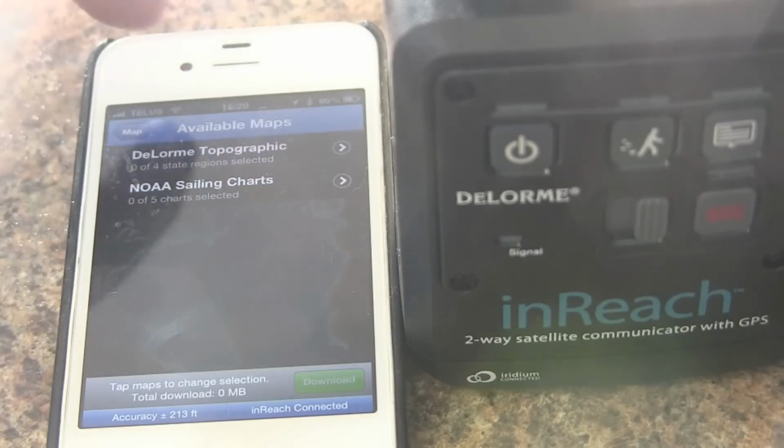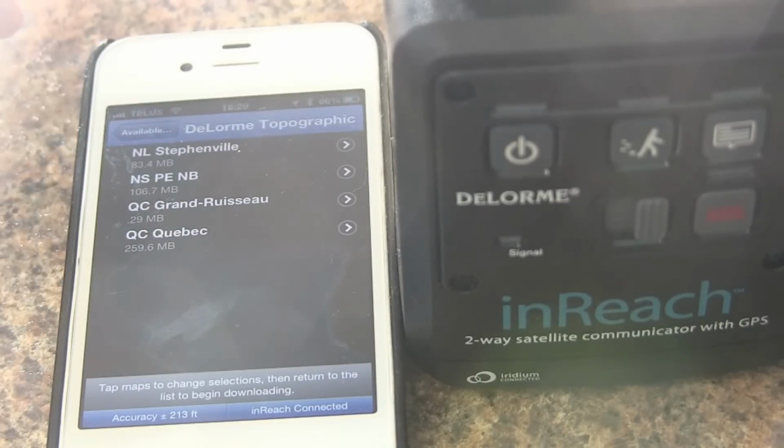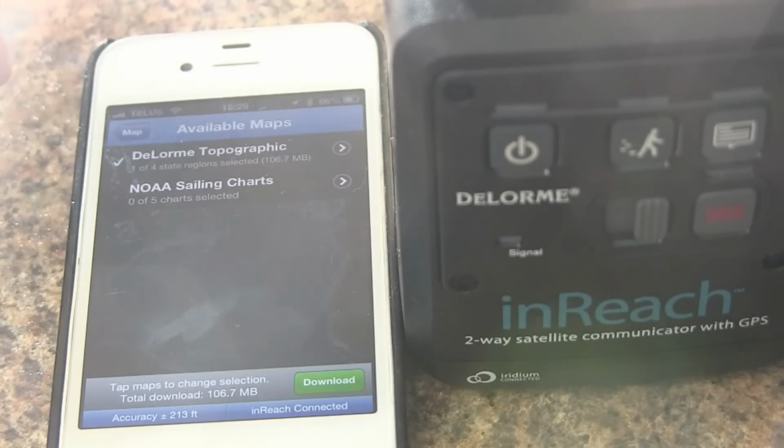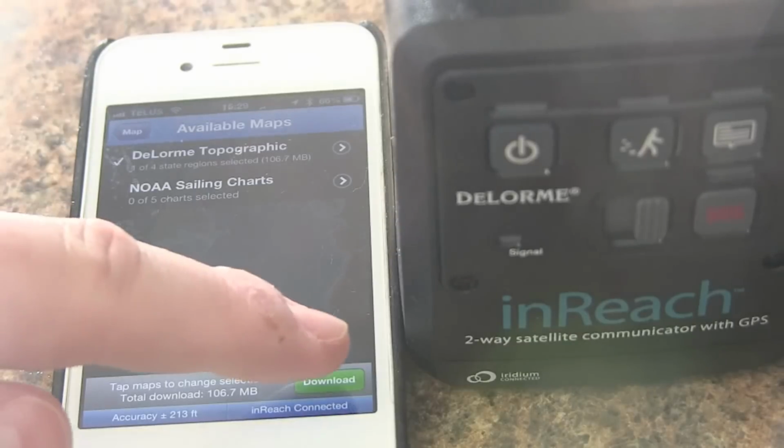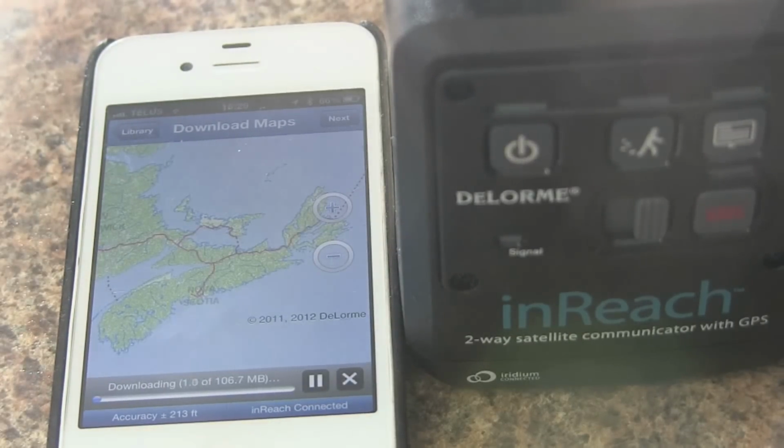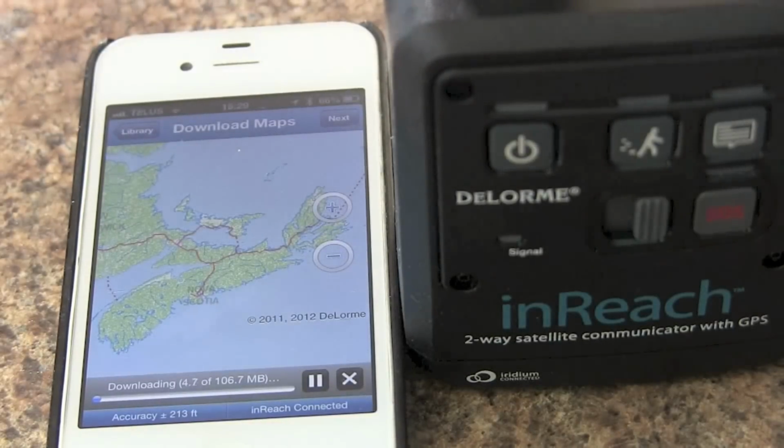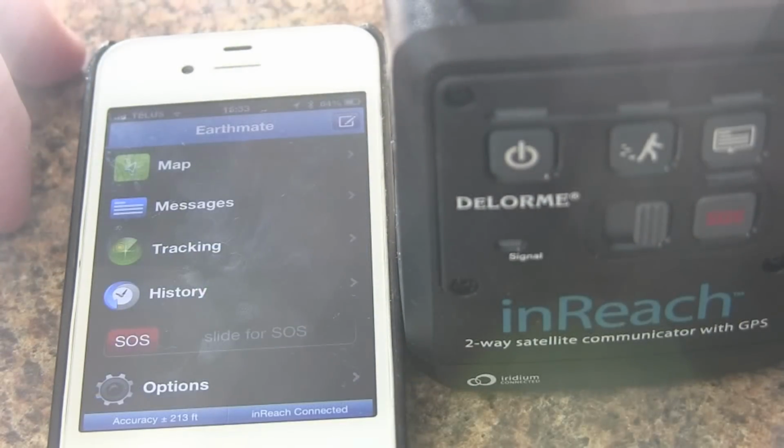So let's go into the Delorme topo and just select a region that's more appropriate for us. Here we have 4 maps available. Let's choose the one for our area. So we're down to 100 megs download for that. So let's do that. So now 150 megs for the base, 75 megs for our hiking region, and another 100